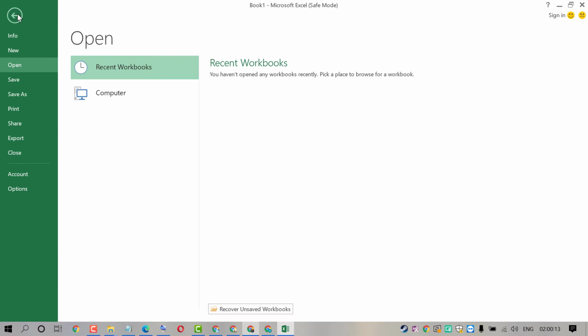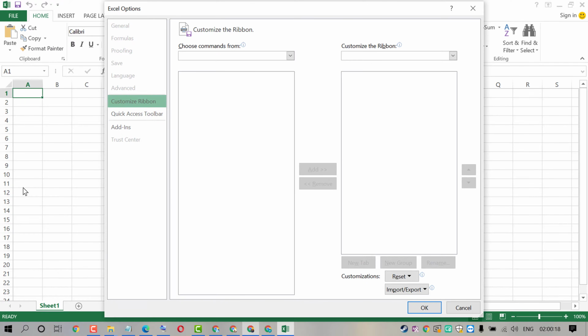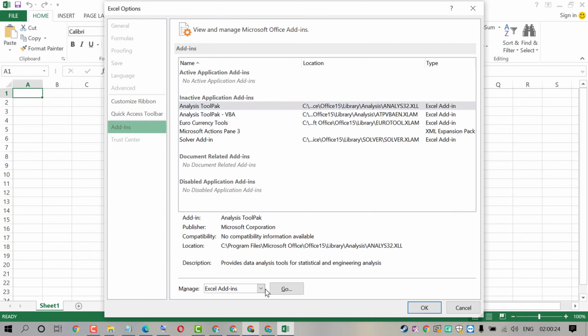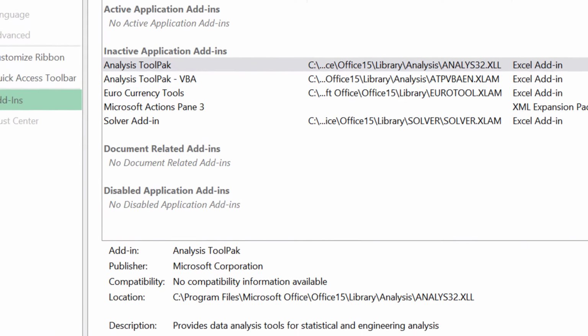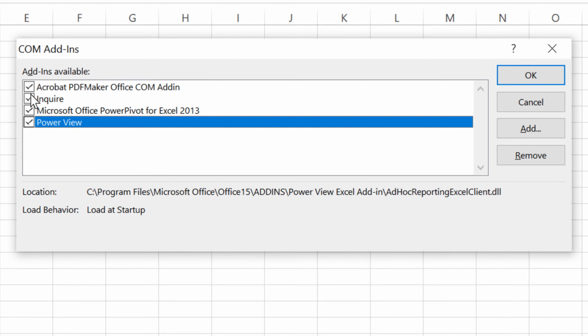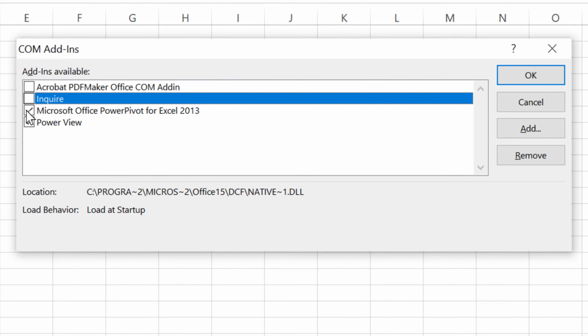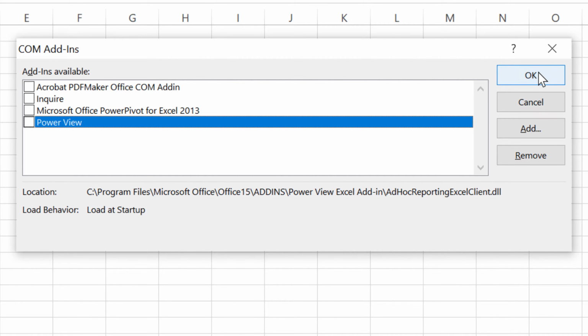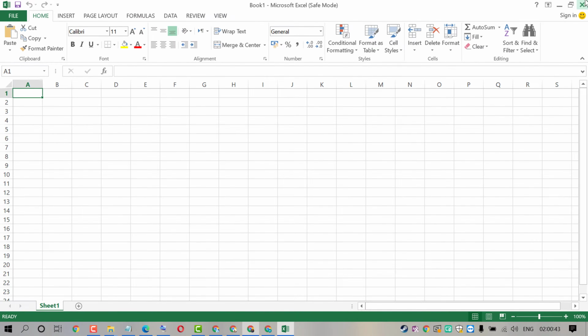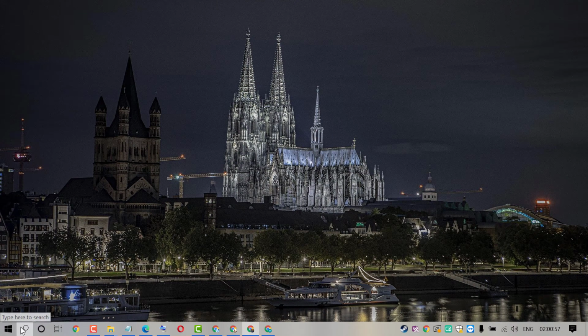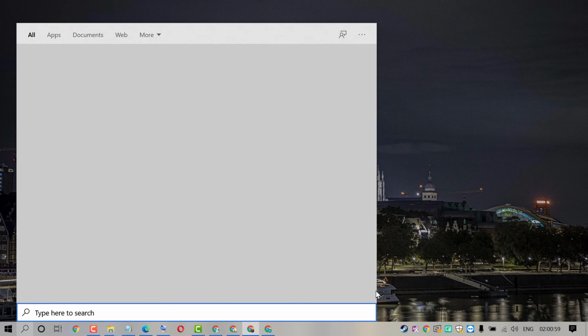Now click on File, click on Options, click on Add-ins. Now in this drop-down, select COM Add-ins, click on Go. Now uncheck all these options, click on OK. Now close it, click on Start, type percentage sign